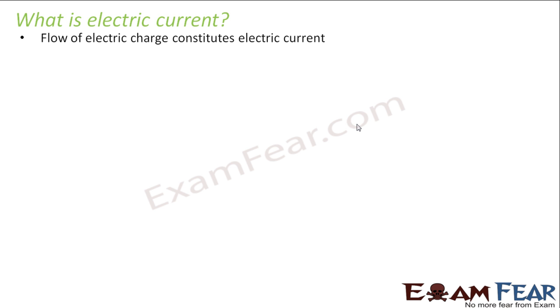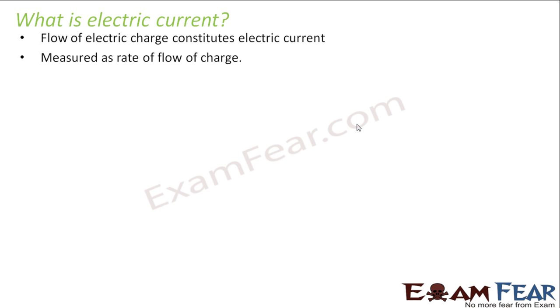Very simple, right? So how do we basically measure electric current? How do I know how much electric current is flowing through a particular wire? I know that all of you are aware of what a current is or in what context we use current. Say, for example, your mobile phone charger, you have plugged it into the switchboard. When your mobile is getting charged, you see that current is flowing through this wire, right? So there has to be some parameter which will measure current. How will I measure current?